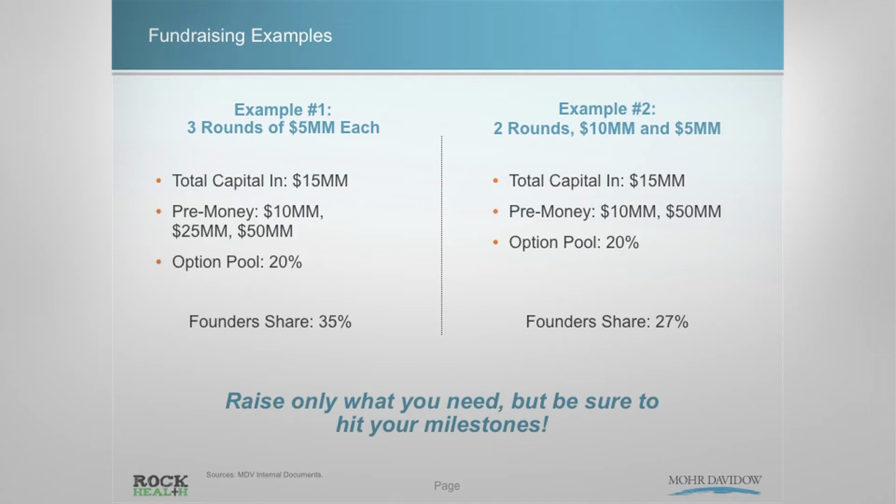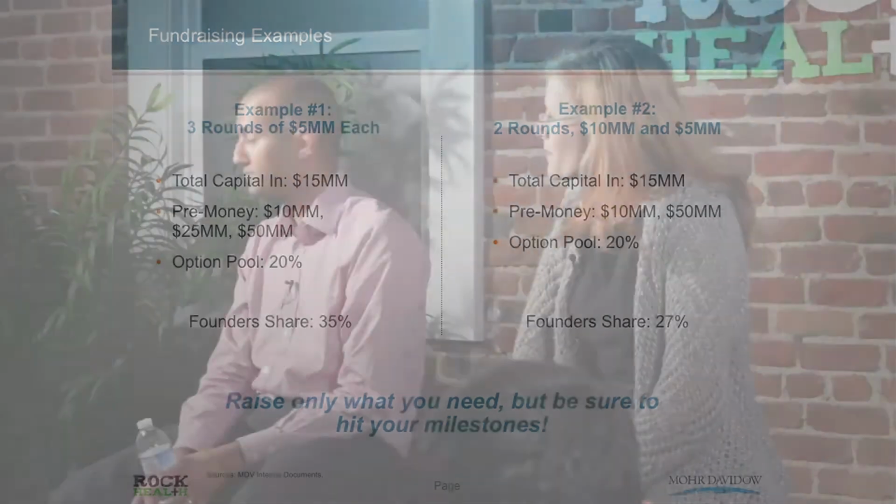The couple of examples we've given here are two companies that raise $15 million each. One of them raises it in three sets of $5 million because they're very nervous about taking too much dilution at any one time. The second company has said, well, I'm just going to raise it in two rounds. I'm going to take $10 million now because I'm nervous I'm not going to have enough cash. So this is the balance: too much dilution, too much cash. But they've both raised $15 million. As you can see, the valuations we've put on these companies, we've given them a $10 million valuation for the first round, both of them exactly the same.